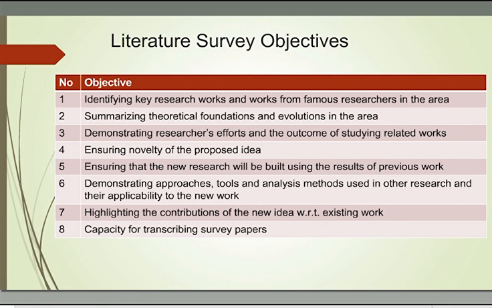Number three, you will demonstrate your own efforts and your study work and ensure that your work and your idea is novel. By novel, what I mean, it's new, it has contributions. And this way you will highlight the contributions of your work with respect to the existing work and the capacity